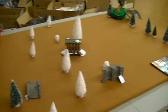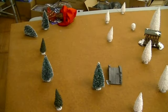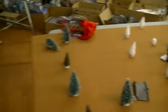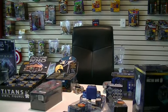Now, guys, I'm aware it doesn't have terrain or anything yet, but it's a basic table. I'm not gonna lie to you, but the way we figure it is, we don't want to start spending a bunch of money until people come in and start playing. And also for that,